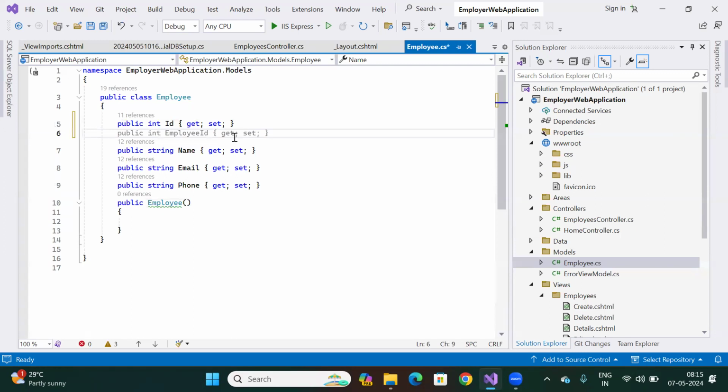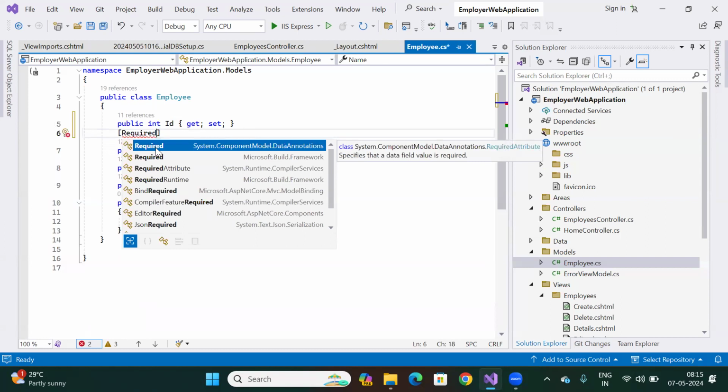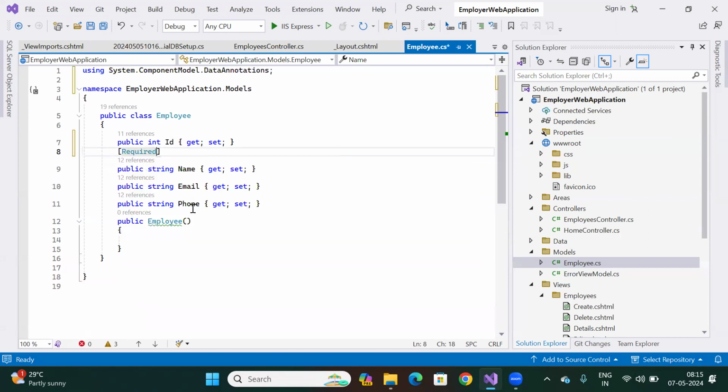So in order to implement validations, we need to add attributes. We have different types of attributes like required. These attributes are there in this particular namespace, System.ComponentModel.DataAnnotations. So in MVC, we can call it data annotations as well. So I'm adding required for this name. And then I can add other